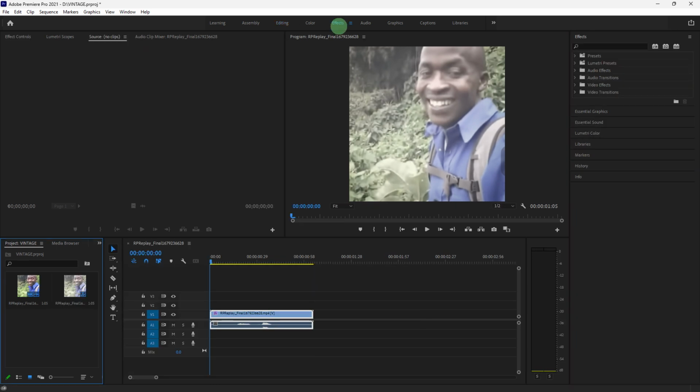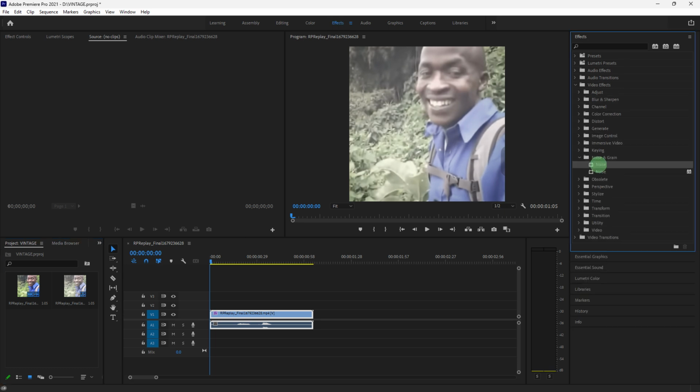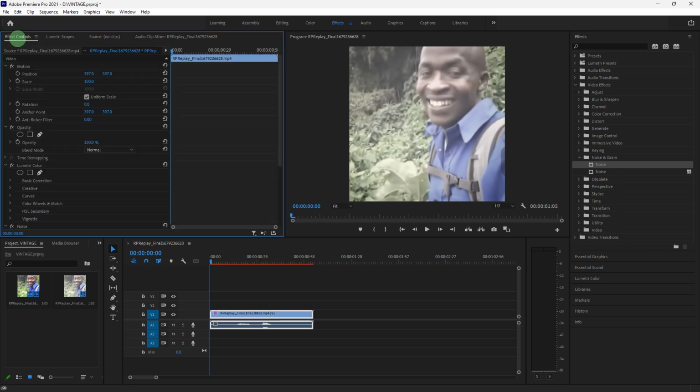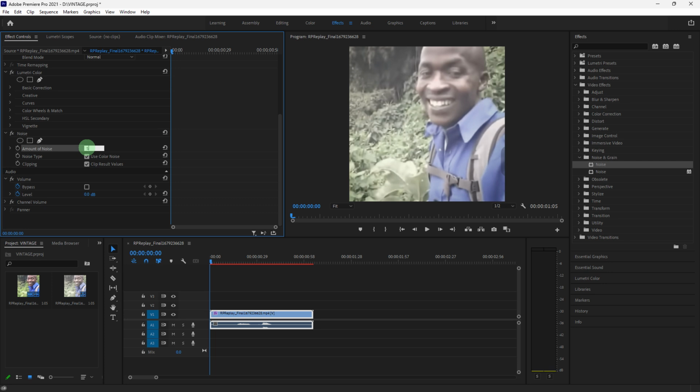While the Lumetri panel doesn't have a built-in grain effect, you can use a noise effect. Go to the Effects panel, go to the Video Effects drop-down menu, search for Noise and Grain, find Noise and drag it onto your clip. Now go to Effect Controls and find the noise. Set the amount of noise to around 50%